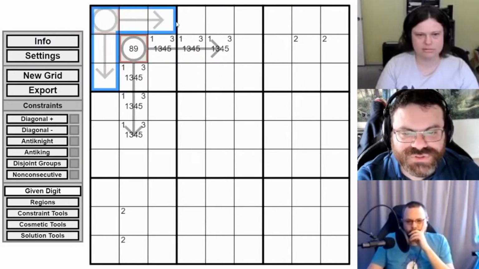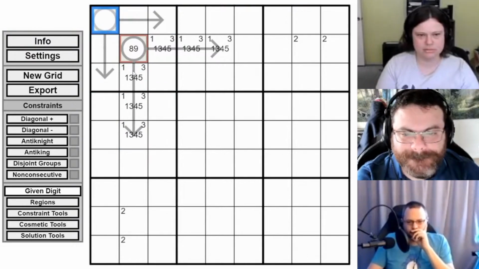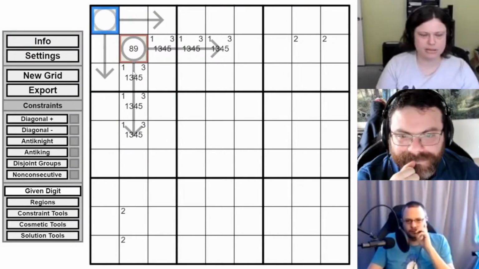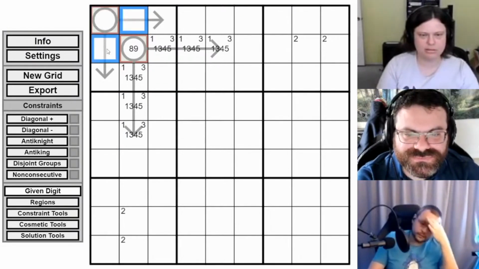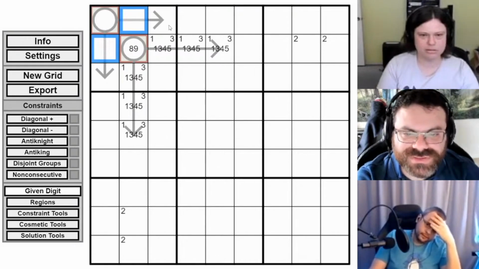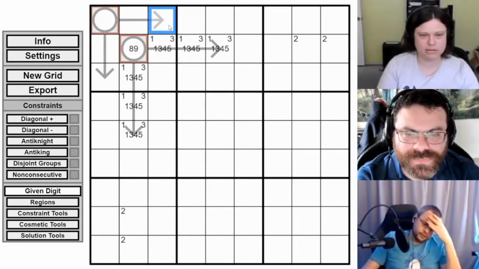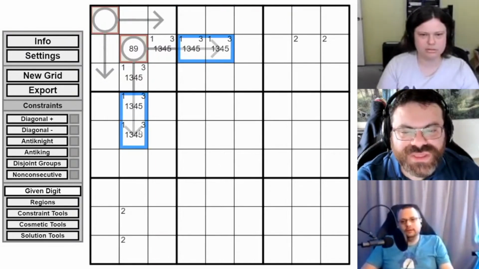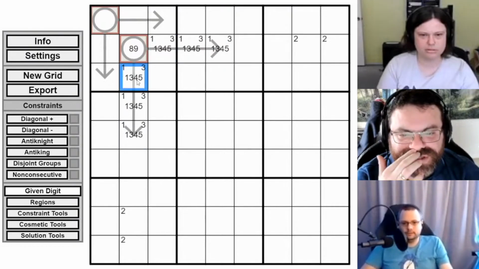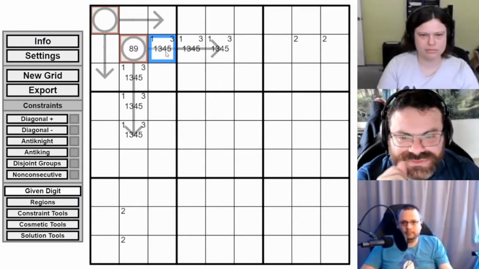So now what's this arrow doing? It's still pushing 1 out of the box. B's can't be 1 or 3. Right. Does it push 1 completely out of the box? I actually don't know, because I think we could do 1, 3, 1... Oh, no, okay. So if these were 1, 3 pairs both, these two would be the same digit. Yeah. So one of these is 1 or 3. Is that useful to know?